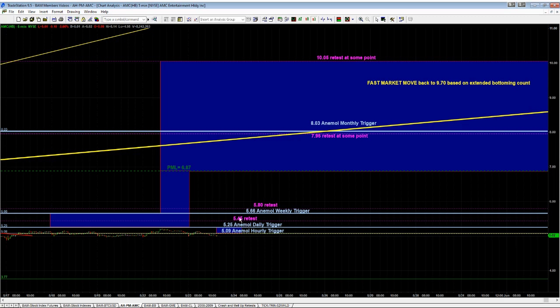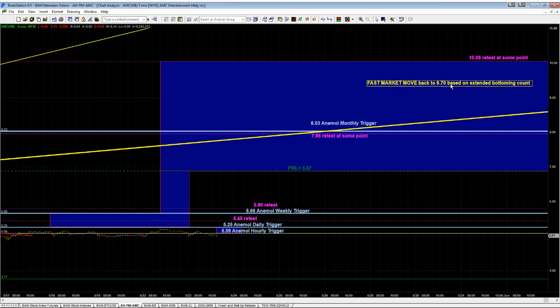daily trigger very quickly, and then slingshot up to this 545 retest level, put us in a good position to revisit this weekly trigger, and then again this 580. If we can start to get through some of those levels, then we can be right back on track again, even though we started to move up into the zone of strength and stalled. We can be right back on track again and move very quickly up toward this 803 monthly trigger. You guys know the rest of these price targets.